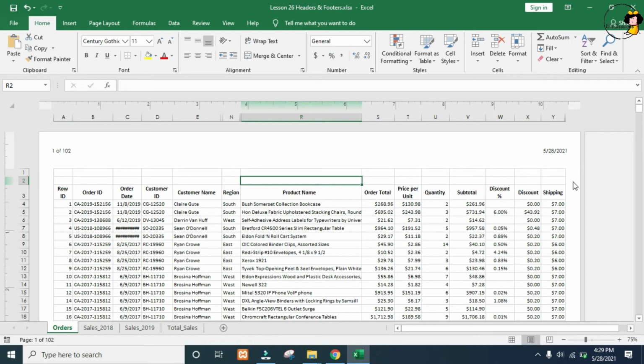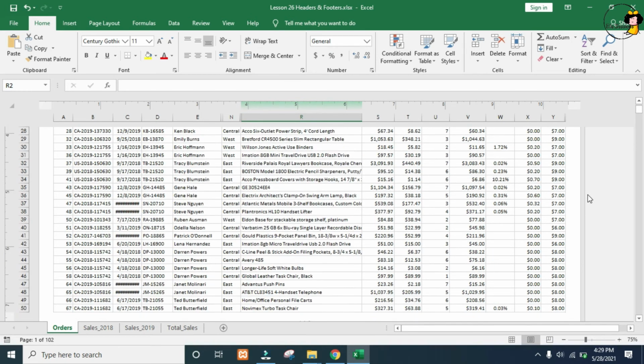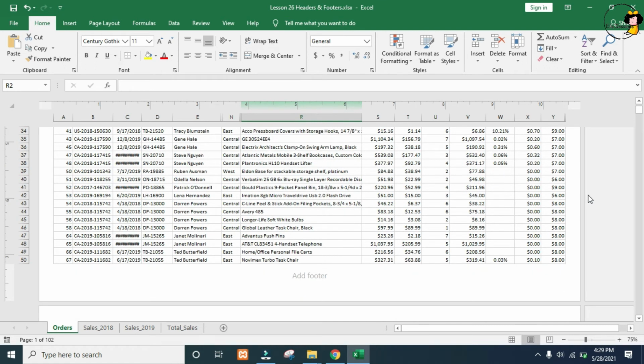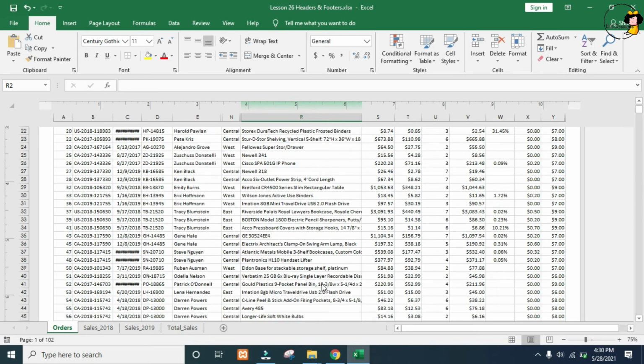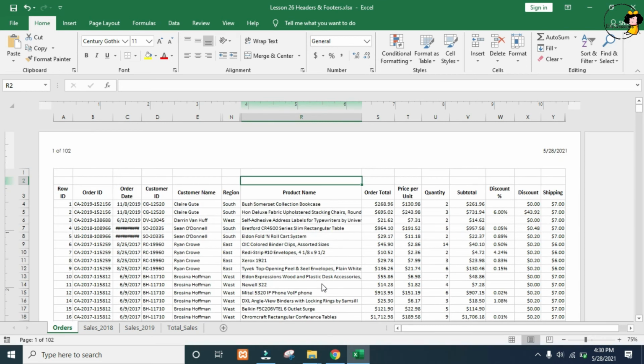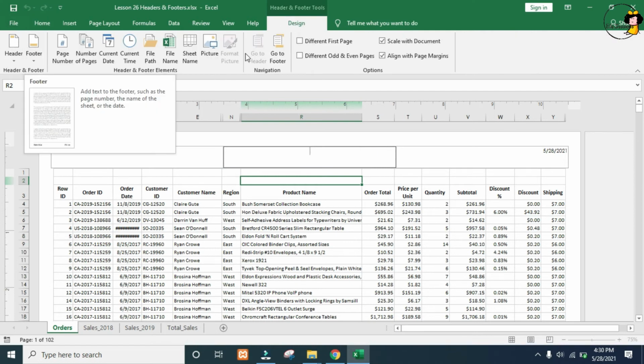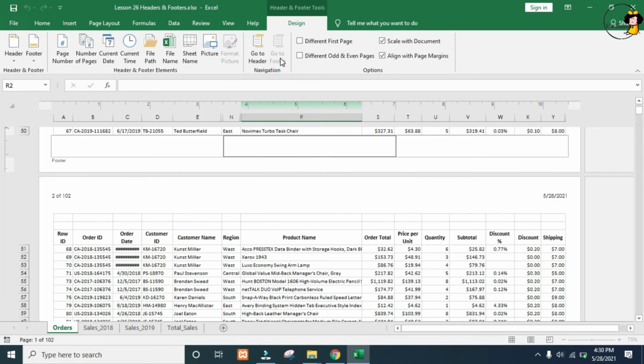You can, of course, also add a footer information. Here you have the option to scroll down and then click it as we did with the header, or come back into the header, come up to your header and footer tools and click go to footer. There. It's much easier. Bear in mind, you will only have access to these tools if you've clicked in the header or the footer. I click go to footer and I'm now in the footer section, which also has 3